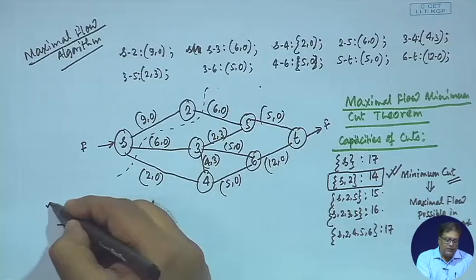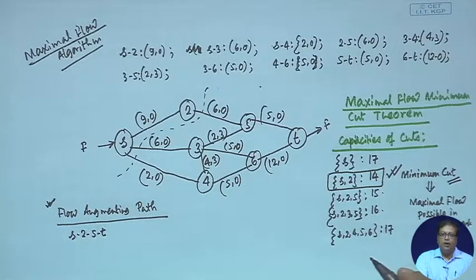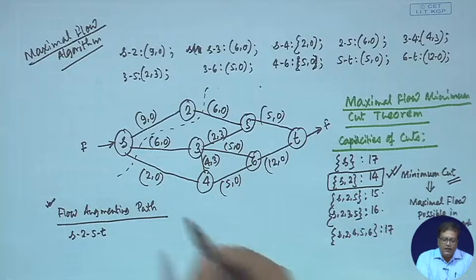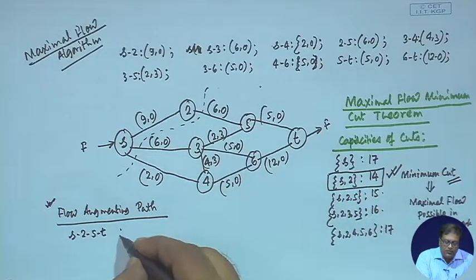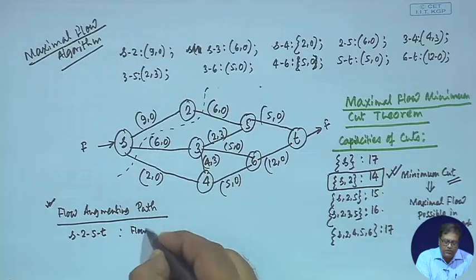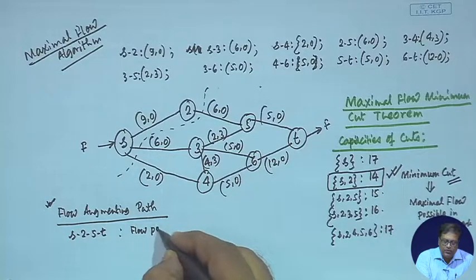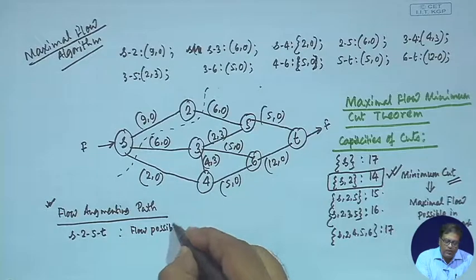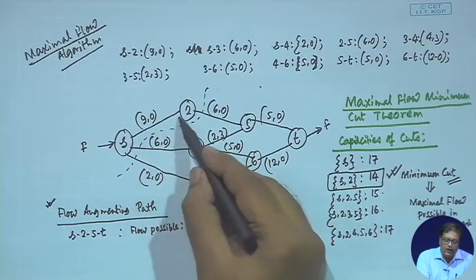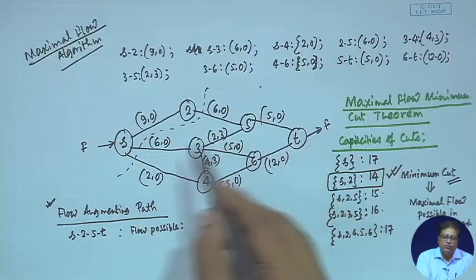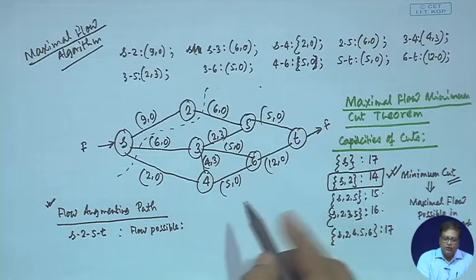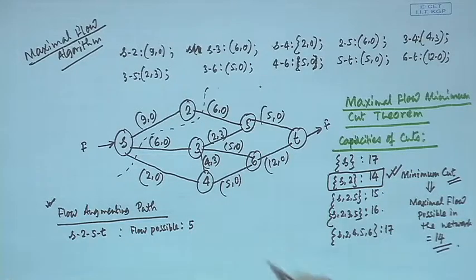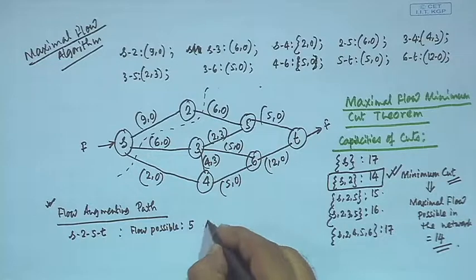So, first identify a flow augmenting path, right, and then see how much flow is possible through this. What is the maximum possible flow in this particular flow augmenting path? You see 9, 6, 5, it should be the minimum of all the flow capacities available. That means, only a flow of 5 is possible. So, what we do? You assign that flow,